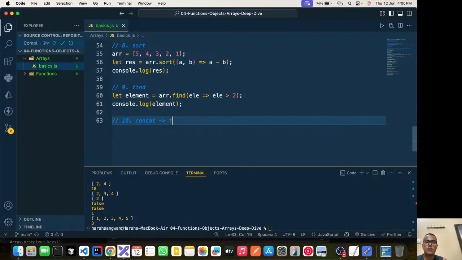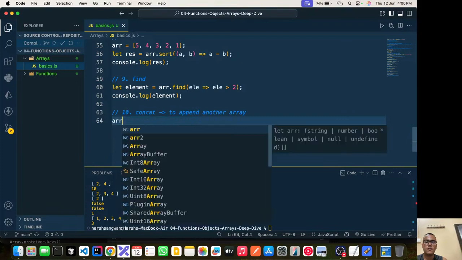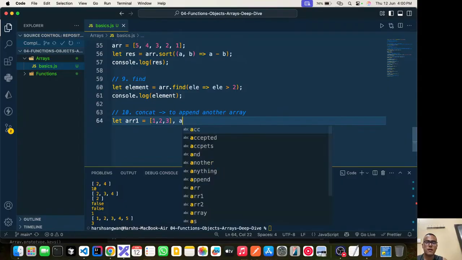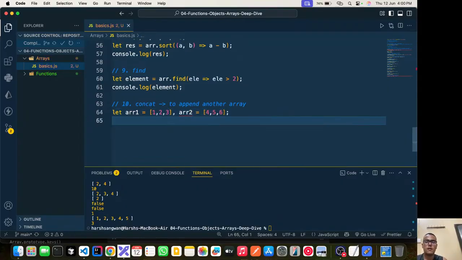Concat is used to append another array. Let's say we have array 1 as 1 2 3 and array 2 as 4 5 6, and